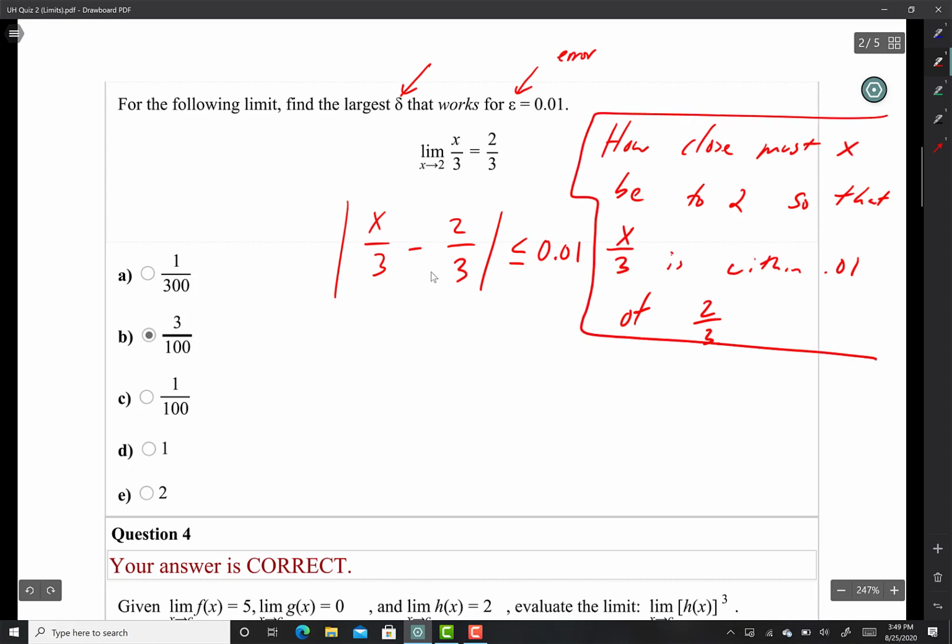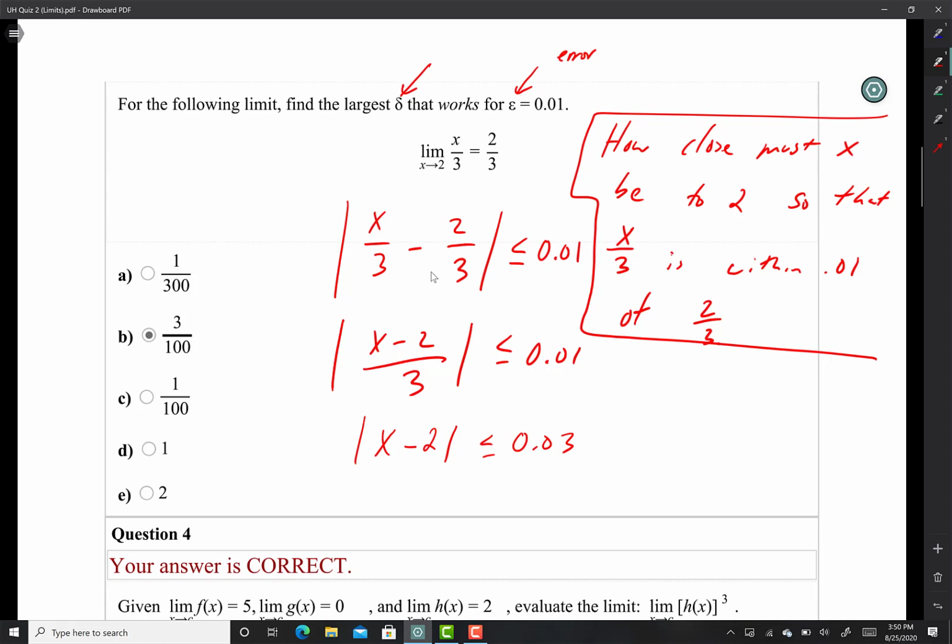And now I'm just going to solve for x, guys. Absolute value of x minus 2 over 3. I want that to be no larger than, again, 0.01, times 3. And this is actually where we're going to stop here. Oops, that's an x minus 2, not x minus 3. Absolute value of x minus 2 less than or equal to 0.03. If I wanted the x values, they don't, they say find the largest